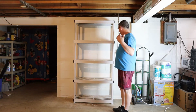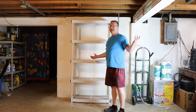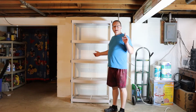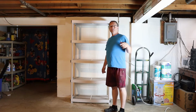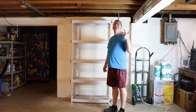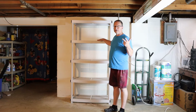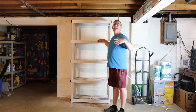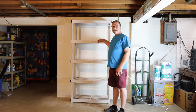And that pretty much does it. We have gotten everything off of the shelves and we combined it, or I should say we got it down to one shelf. So now it's a matter of taking all the stuff, dusting it off, and putting it back on. However, there are some items that are not going to go back on. They're either trash, they're going up in the pantry, they're going in the garage. Bottom line is everything from 2 shelves is going on one shelf, and we took the other shelf apart. That'll go somewhere else in the basement. Maybe Michelle can use that for crafts. Not sure what we're going to use it for right now, but at the very least, we got the 2